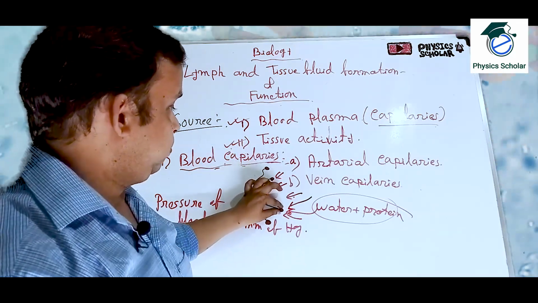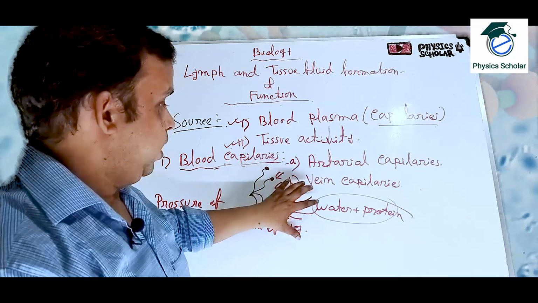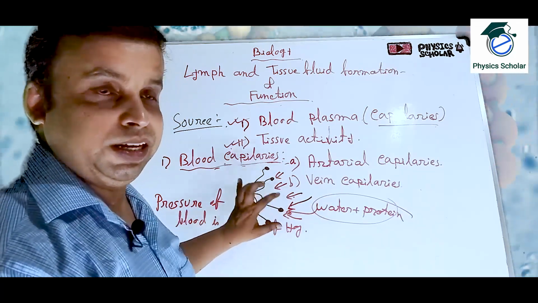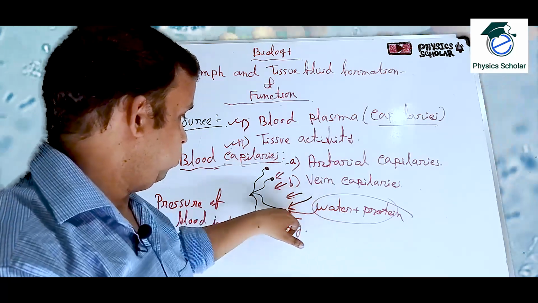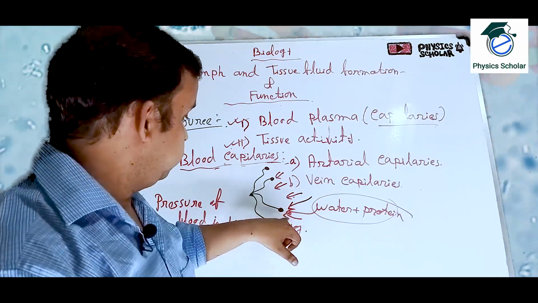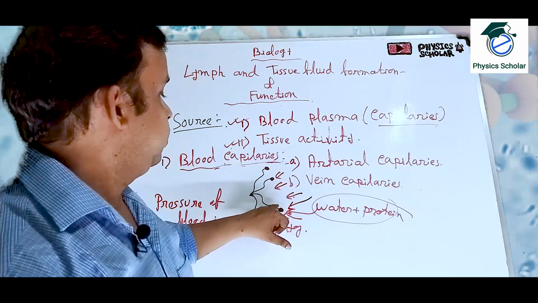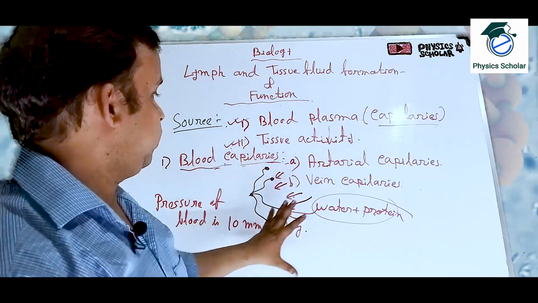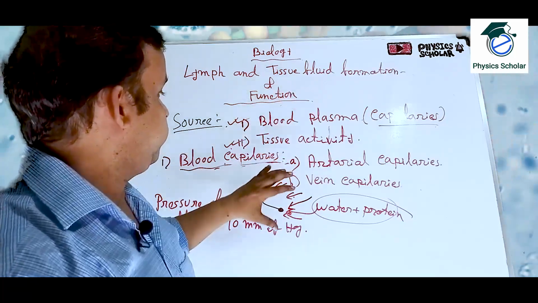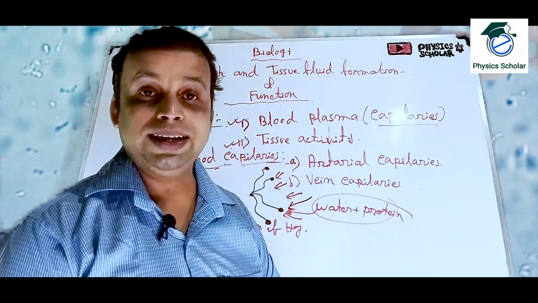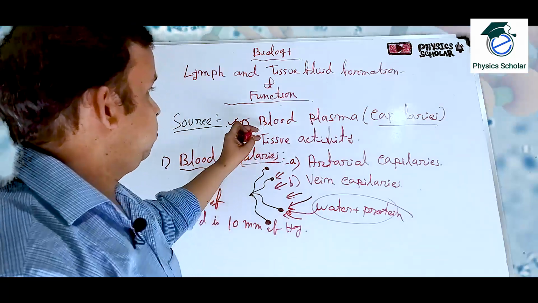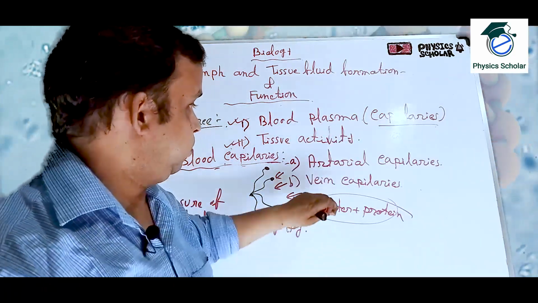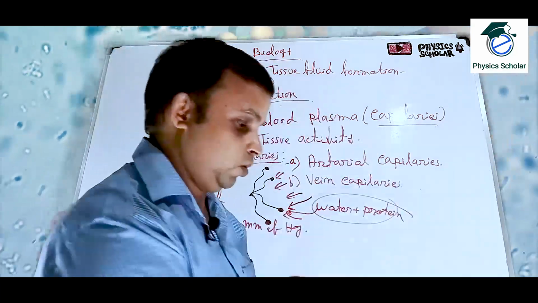So why? Because the pressure is lesser, and here the pressure will be more, okay? So difference between the osmosis pressure. So that's why the water and protein will again move into the plasma, clear, or go back to the plasma, okay? So this is how the tissue fluid actually develops from blood capillaries, clear? From the blood plasma arterial capillaries it will come out, and again from the vein capillary it will enter, okay?